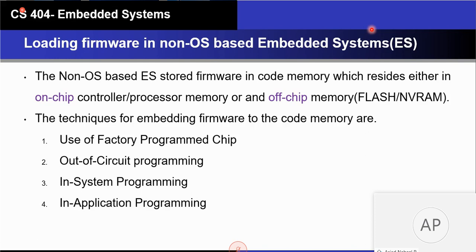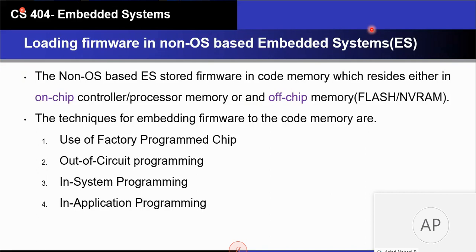Okay. Besides the on-chip memory, the microcontroller also has a feature to attach new memory to it. Depending on the size of your firmware, you can load that firmware either into the on-chip memory provided with the processor, or you need to use another memory chip. If you are using an external memory chip for loading your firmware, that is called the off-chip memory.